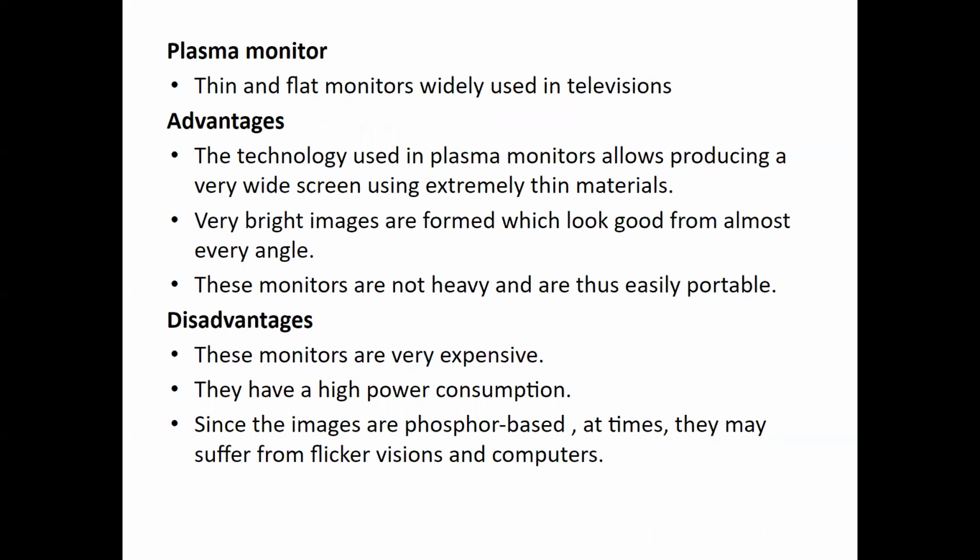Okay. So talking about the plasma monitor. The plasma monitor is also a flat panel display that is based on plasma display technology. It has small tiny cells between two glass panels. These cells contain a mixture of noble gases and a small amount of mercury. When voltage is applied, the gas in the cells turns into plasma and emits ultraviolet light that creates the images on the screen. That is, the screen is illuminated by a tiny bit of plasma, a charged gas.